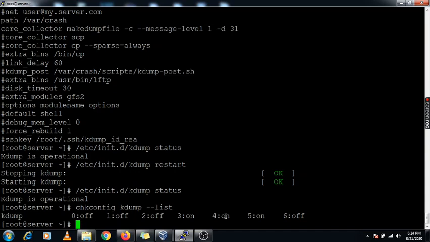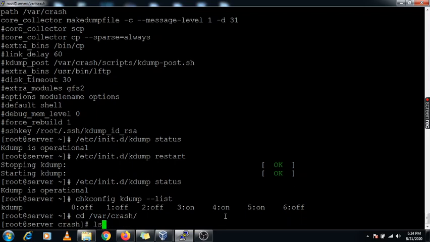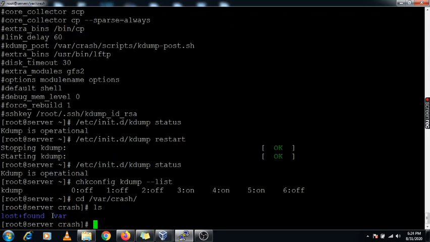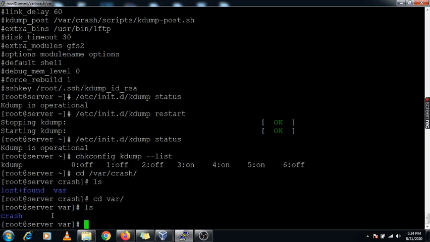Now I am checking under /var/crash. Inside it you can check that the directory is created, /var, and inside there is the crash folder.